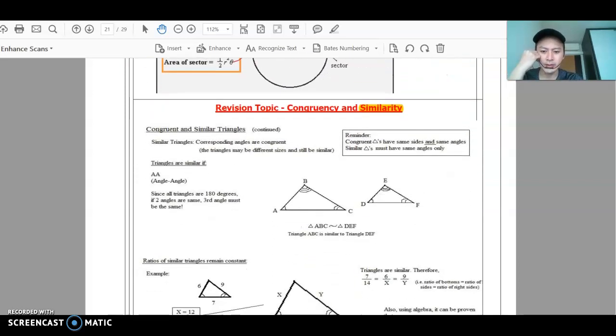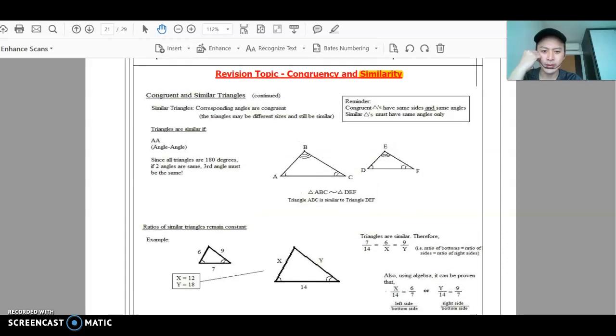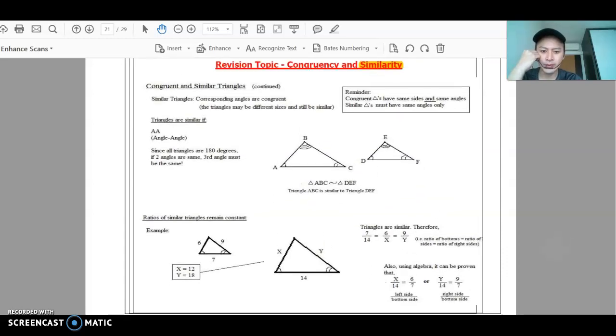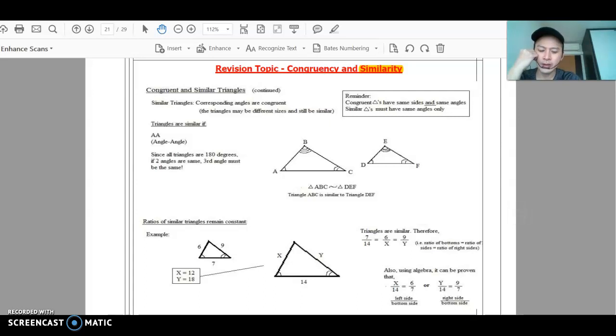Okay. So next part will be on congruency and similarity. For similarity, and even congruency, I just want to highlight the importance of following the order. If the order is given, make full use of it, because sometimes from this information we know that the length AB corresponds to DE. You can see that AB and DE are the corresponding sides. BC and EF will be the corresponding sides. And last but not least, AC and